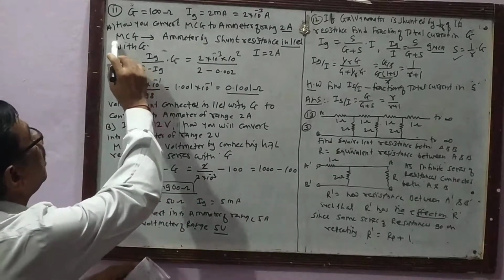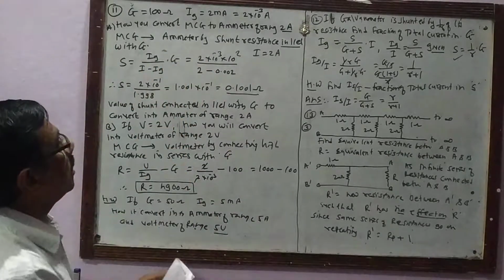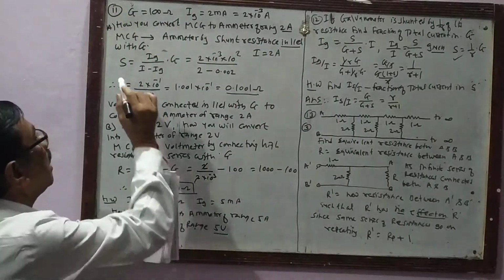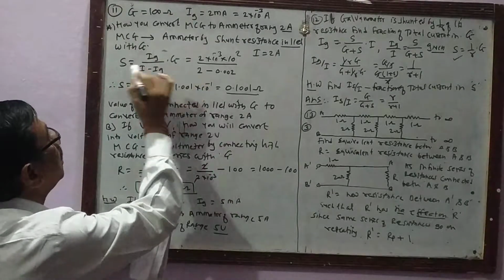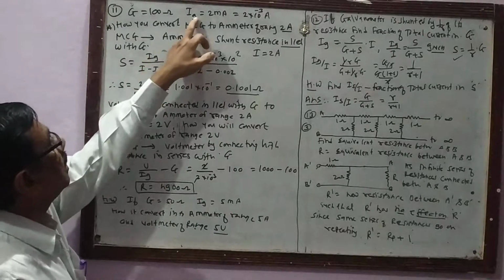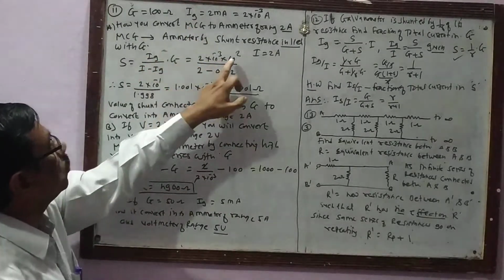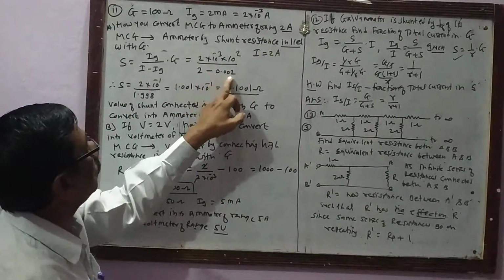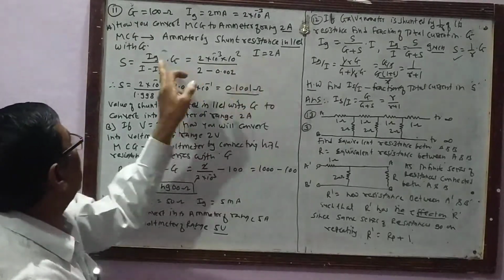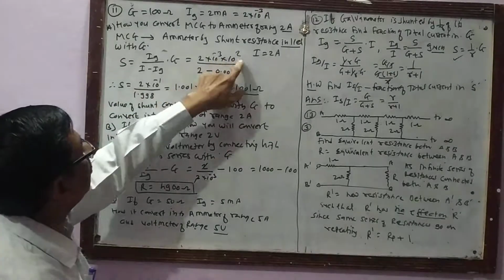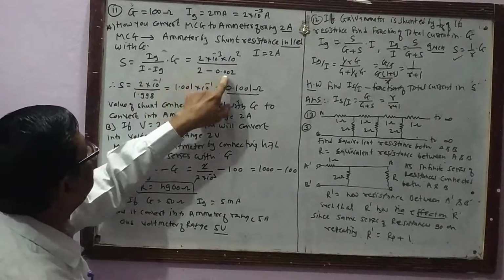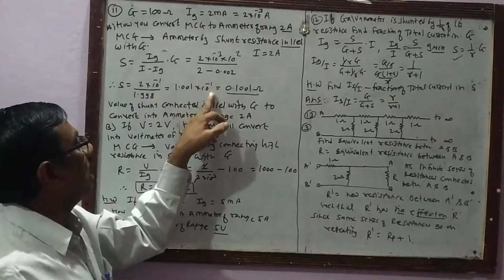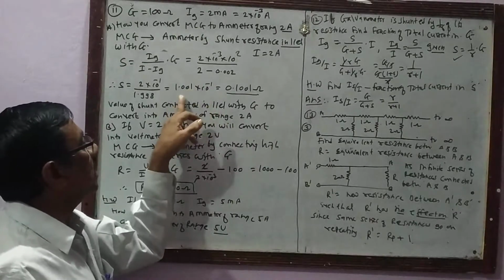We know that the moving coil galvanometer can be converted into an ammeter by connecting a very low resistance, that is shunt resistance, in parallel with G, and the formula is S is equal to Ig upon I minus Ig into G. Putting the values: Ig is 2 into 10 to the minus 3, G is 100, and the range I is 2 ampere, so S is equal to 2 into 10 to the minus 1 divided by 2 minus 0.002, that is 1.998, which gives 1.001 into 10 to the minus 1, and then dividing by 10 here we get